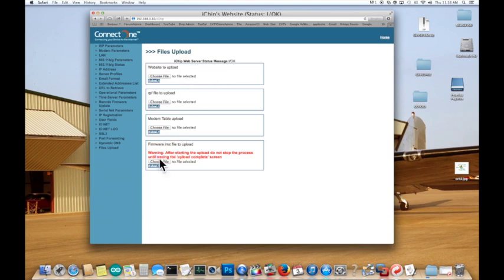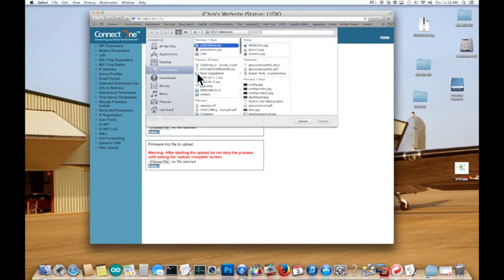Now we have various things. Firmware IMZ file to upload. This is where we would upload a new firmware for the Connect One board itself. Modem table, I don't know about that. RPF file to upload, I'm not sure about that. Website to upload, I am sure that is what we need to update here. And so I'm going to go to Choose File, and I'm